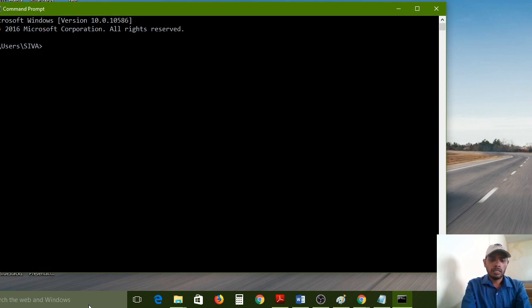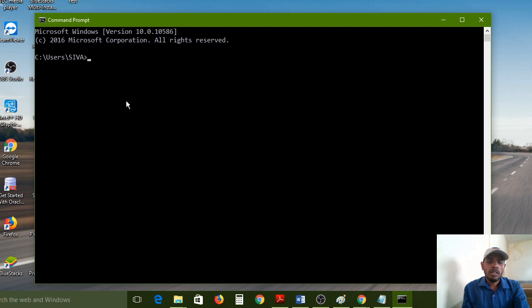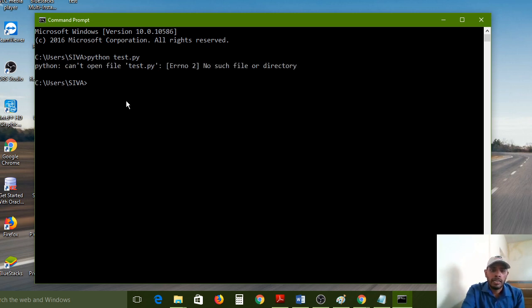So here, if you want to execute a script file, it is the script. The number of statements you have written in script mode by using notepad, so this is called script mode. If you want to execute a script file through the command prompt, compulsorily we have to use the python command: python space, and then the file name test.py. So this is the command. Again I am pressing the enter key.